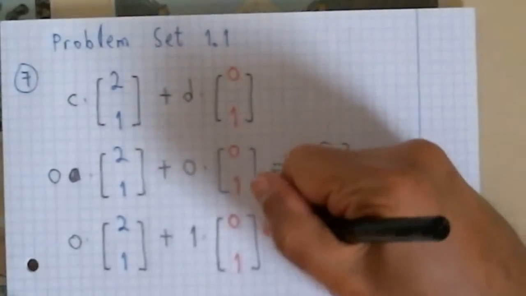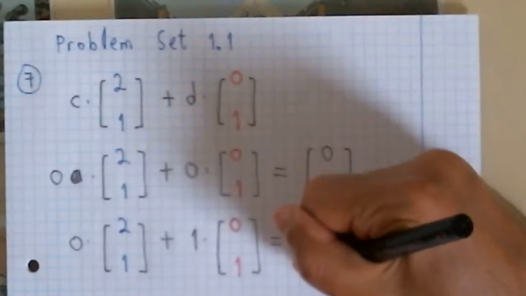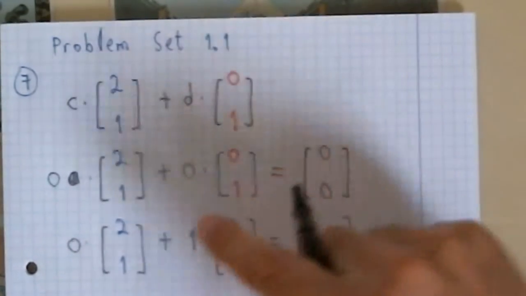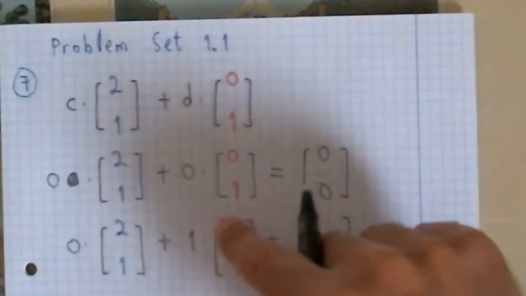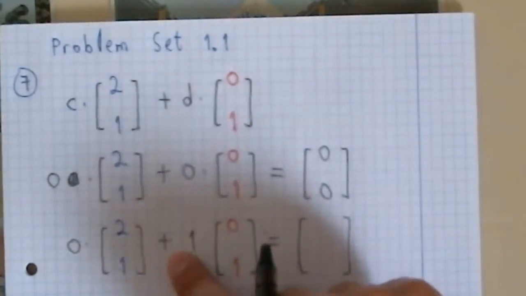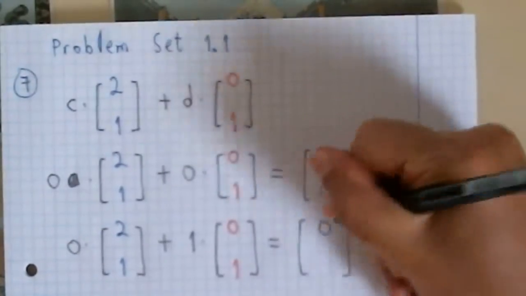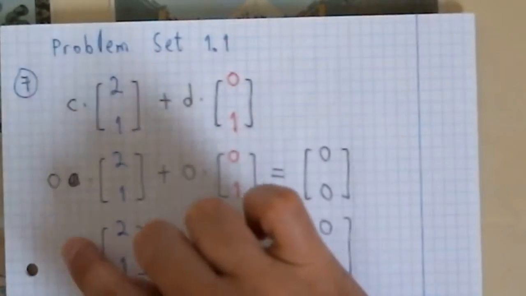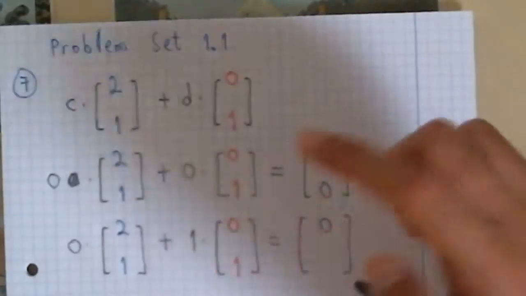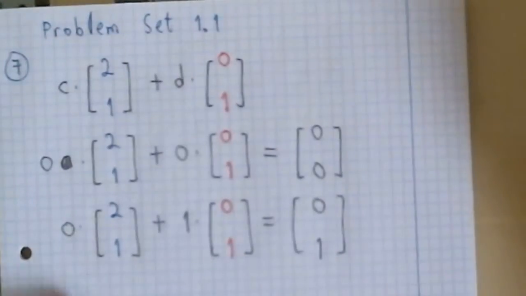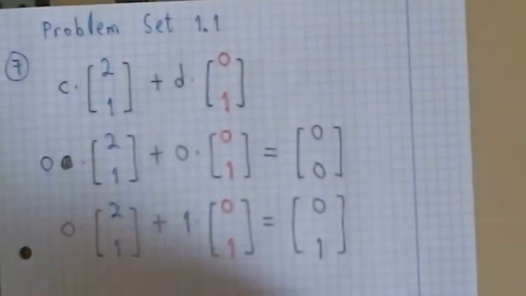Okay, so we write here 0 times 2, it's 0, plus 1 times 0, it's 0, so 0 plus 0, it's 0. 0 times 1, it's 0, plus 1 times 1, it's 1, so 0 plus 1 is 1. Okay, and let's see the last